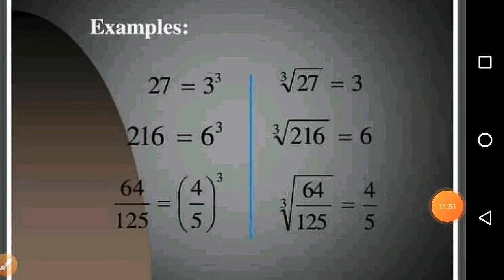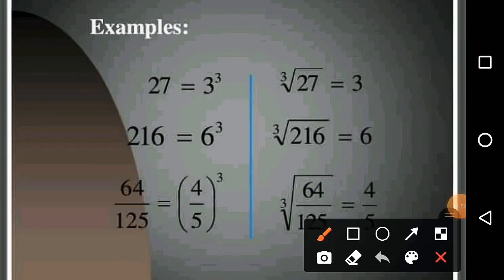These are some more examples of cube and cube roots. So 27 means it is the cube of 3. Okay. Same way 216 is the cube of 6. If you multiply 6 three times you get 216. So 27 is a cube of 3. So this is a cube number and cube root of 27 is 3. So this 3 is the cube root and this 27, the answer we are getting, is a cube number. Similarly in the second one, this 6 is called the cube root of 216, and this way we will write it, cube root of 216 is equal to 6. So this way we write in symbol form.